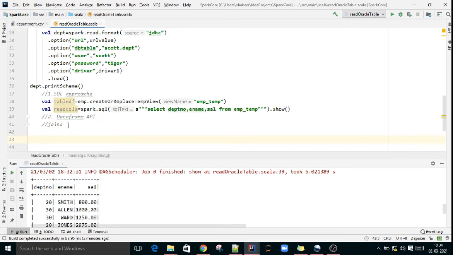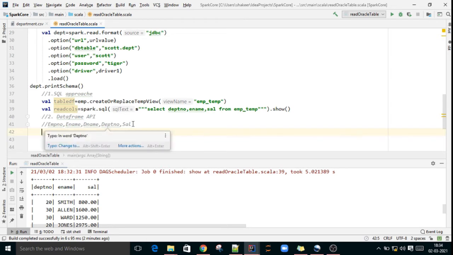I need an output like this: employee number, employee name, department name, department number, salary. Employee number, e-name, department number, salary are available in the employee table, but d-name is from the department table. So we have to join. The requirement is to join.